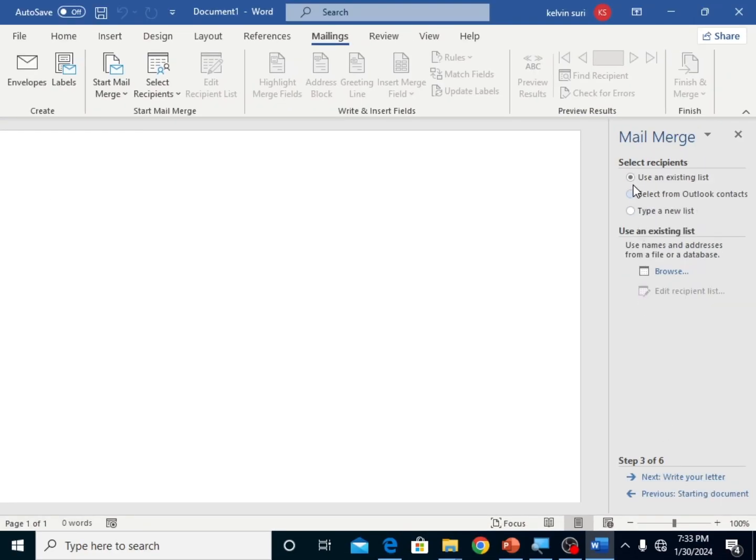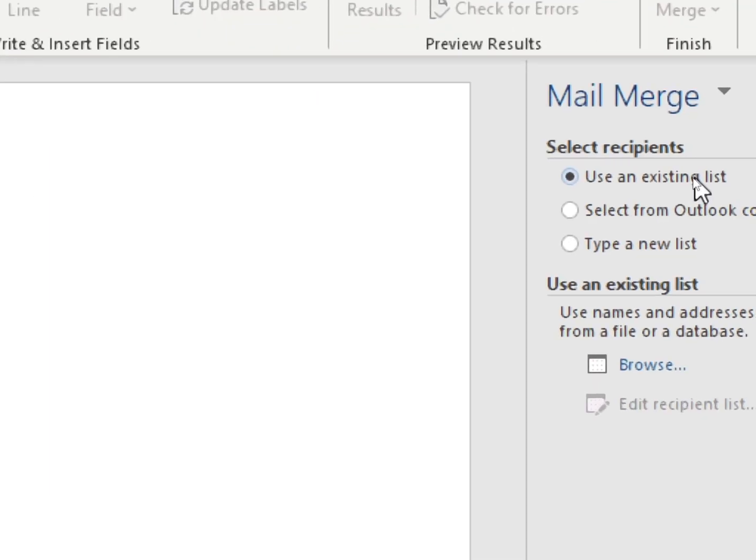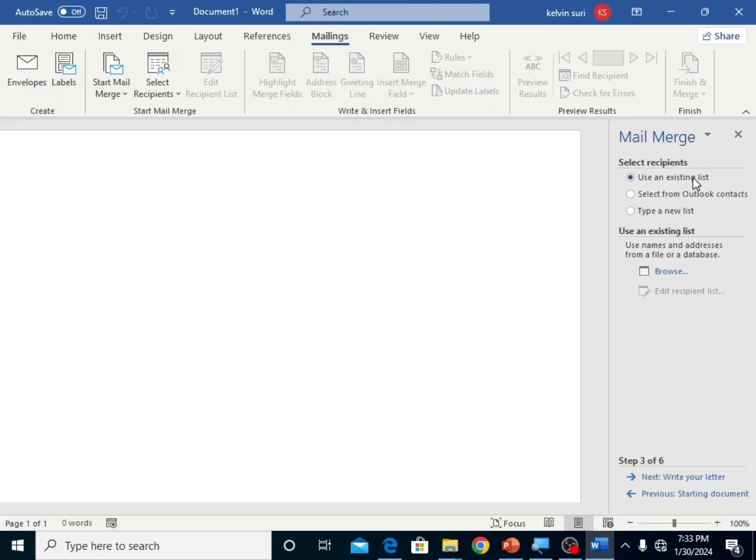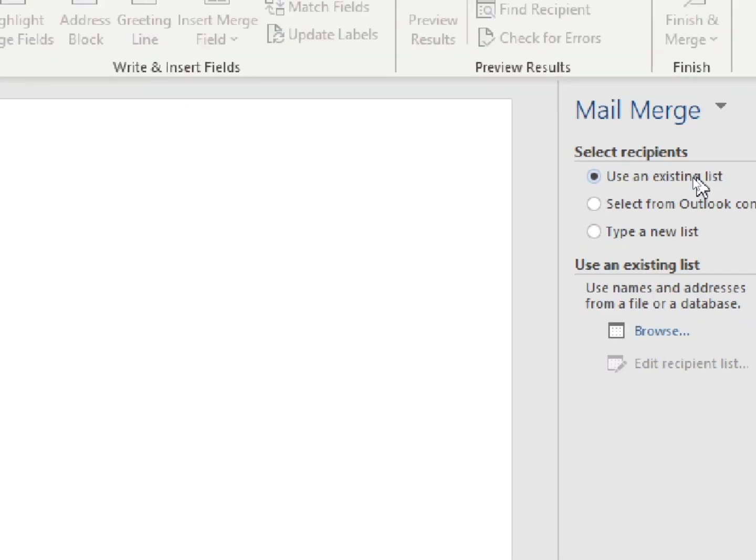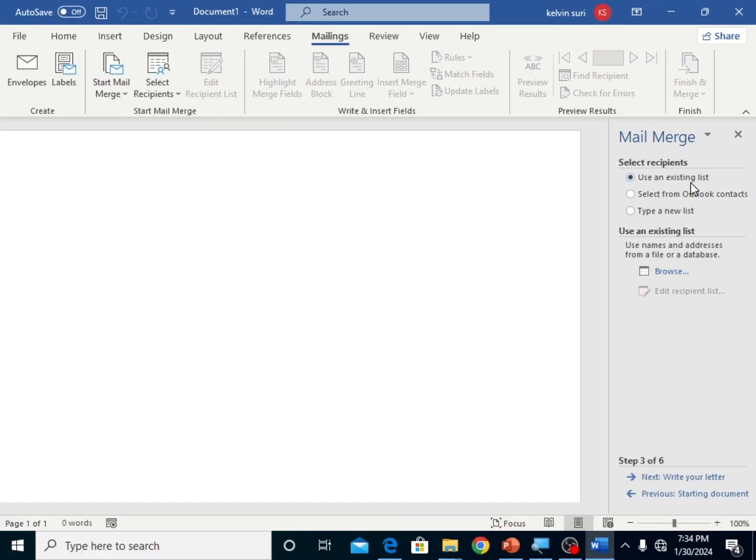Then you can either use an existing list or you can come up with a new list. In my case, I don't have any existing list, so I will have to type a new list. If you are doing this for the first time, you have to type a new list, and this is exactly where you click, and then create from here. So you have to click there. Then when you click,